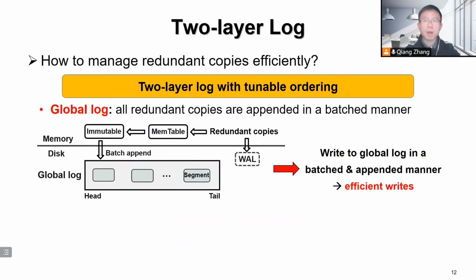Second, how to manage redundant copies after decoupling. We propose a tunable log with tunable ordering to enable faster writes. Each node writes all redundant copies flushed from the immutable memory table to an append-only global log. All redundant copies are grouped in units of segments and appended to the head of the global log as sequential batched